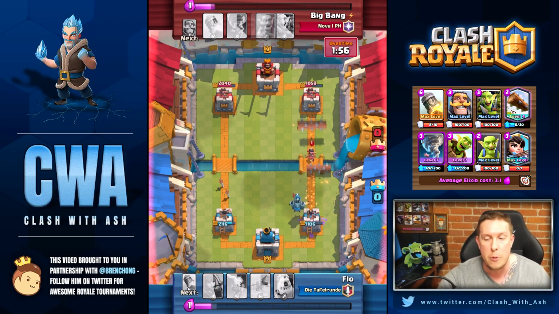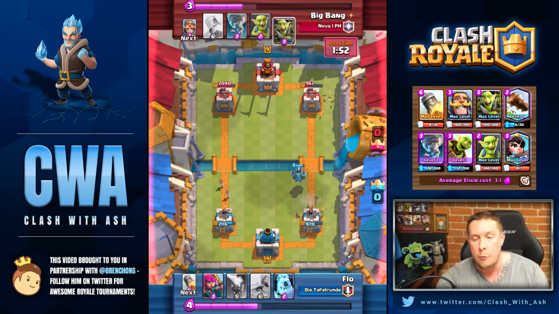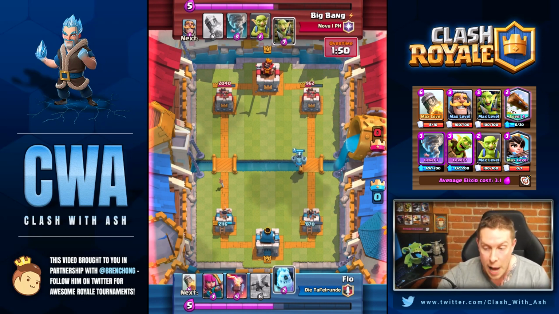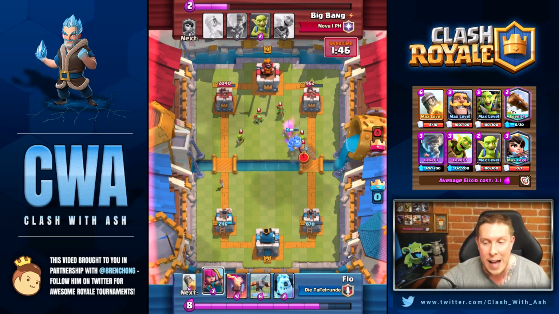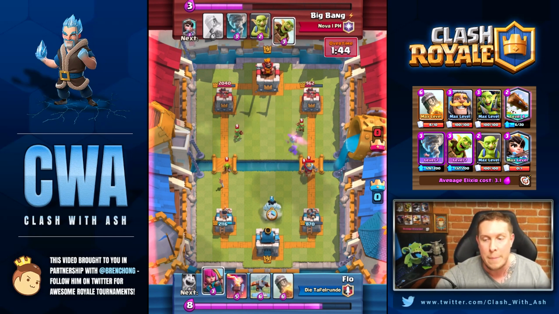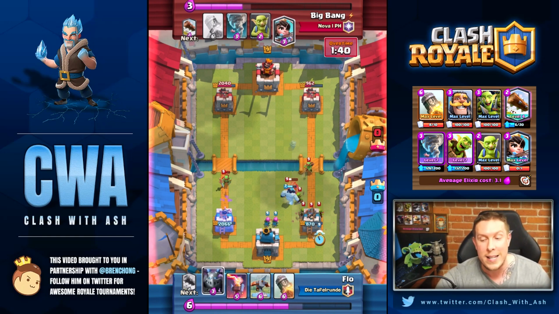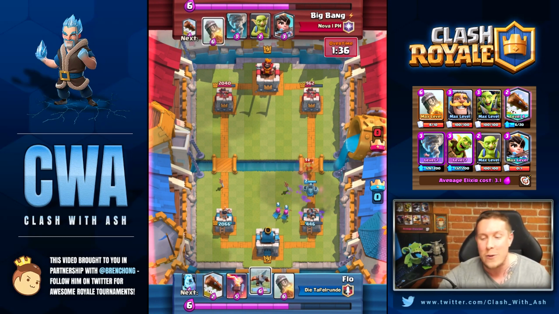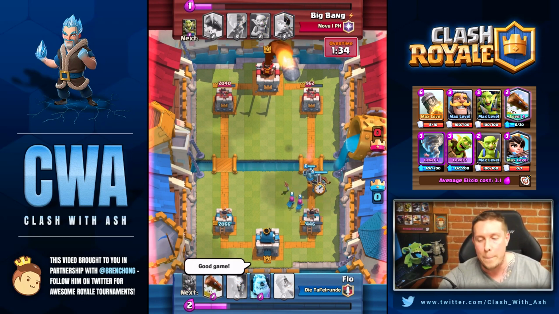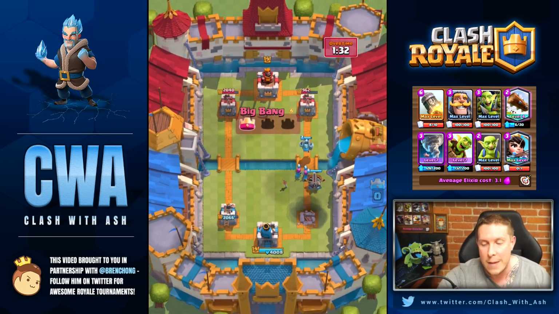Now Princess at the bridge baits out the log, not on the Goblin Barrel, on that right lane. So now things are much more even. All we need is a rocket and a log at this point, and the game is ours. Can we connect for any damage? Well, the opponent used their log on that princess, so the log is out of rotation. This is exactly what bait is all about, and the opponent has nothing they can do except to lose that